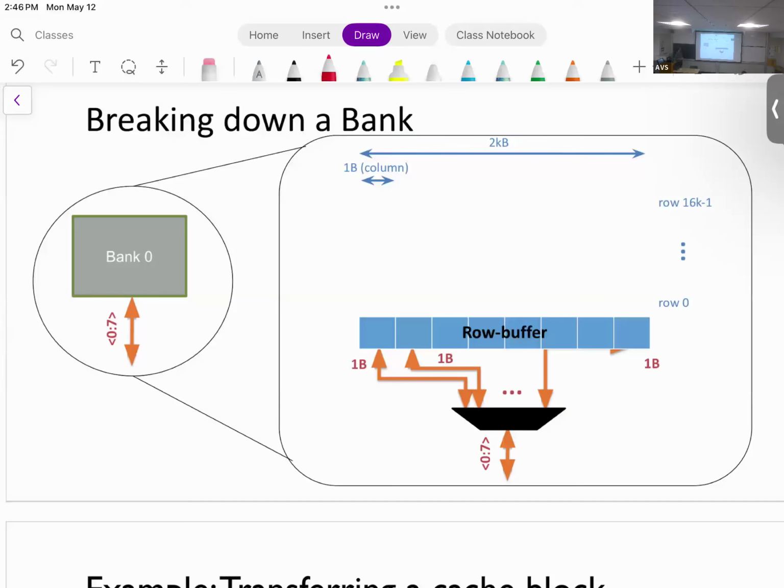What happens within each bank? Then you're going to have that 2D array that we talked about. So the original picture that I showed you was the picture of a bank. Okay. So a bank is usually like 2 kilobytes